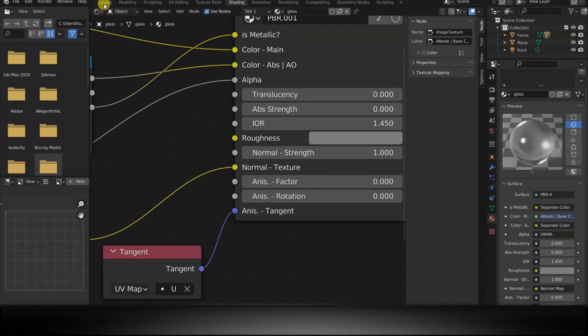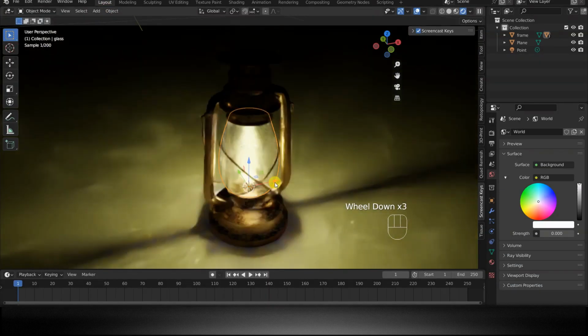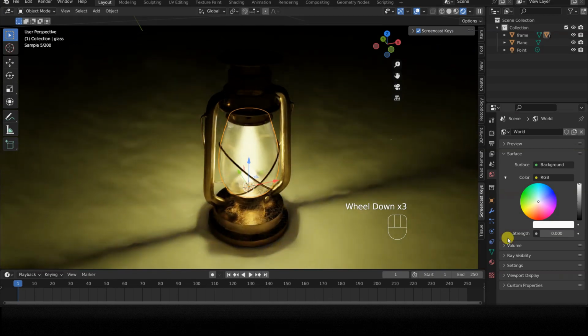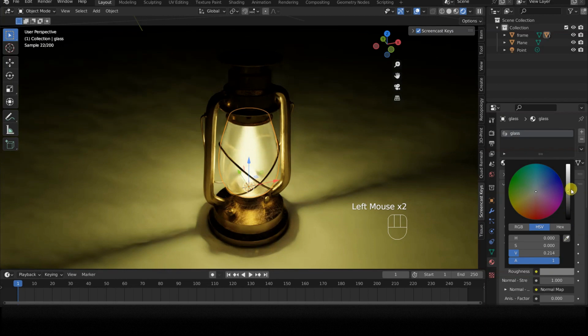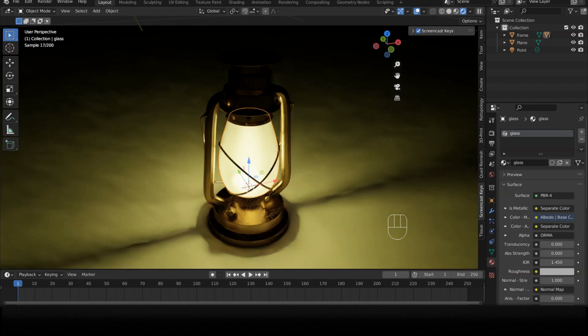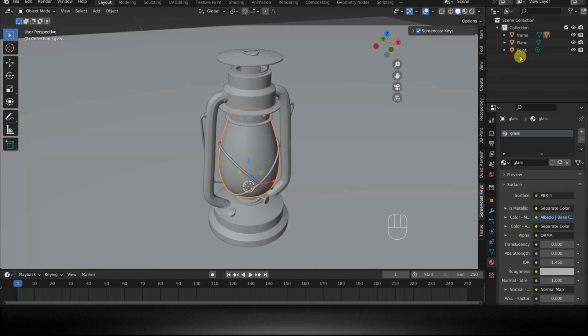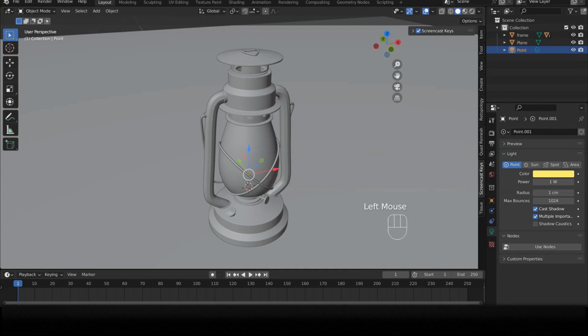I analyze the result in real time in the 3D viewport in rendered mode, until I reach an acceptable result. Okay, the initial setup of the sample scene is complete. Let's move on to the flickering effect.